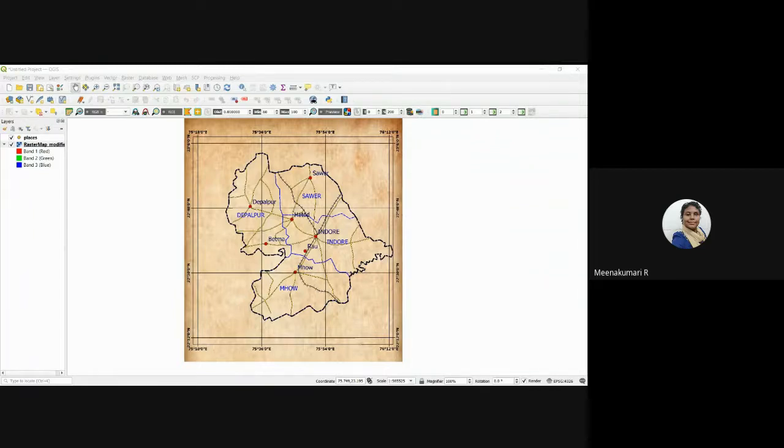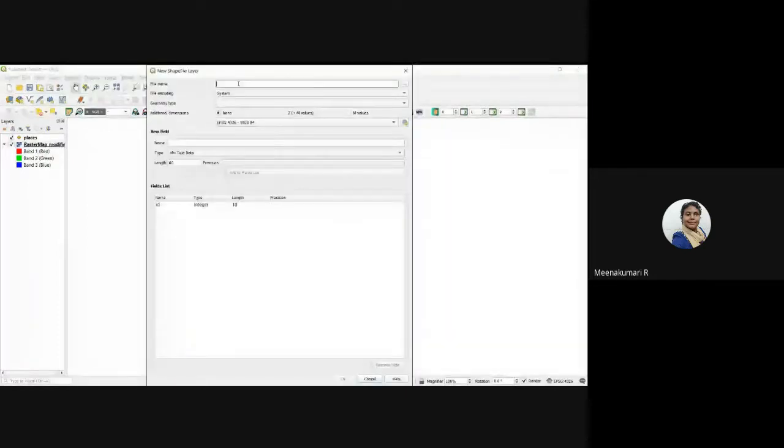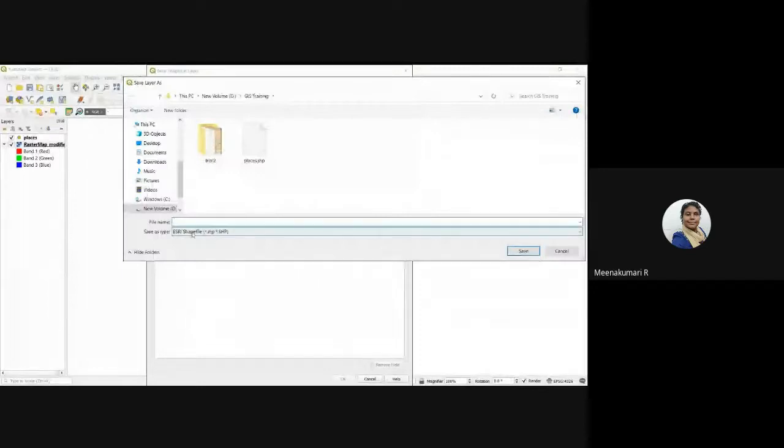After that I went here, layer, create layer, new shapefile layer. It came like this, and here I gave the name as places. So like this, it has been created, and after that,